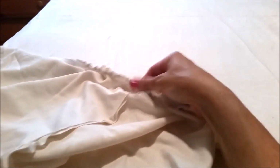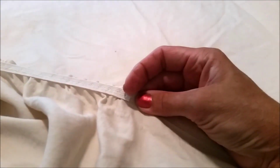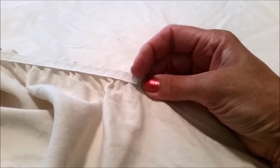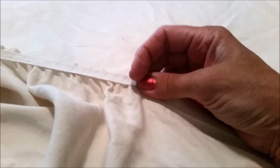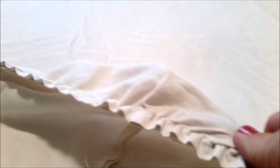Make sure that you back stitch on the ends. And then I simply took some elastic, did a zigzag stitch. Make sure you tack it down right here at the end with a stay stitch and stretch it as you go. And then that'll stretch out your elastic just like this, so that when you pull it down over the mattress,